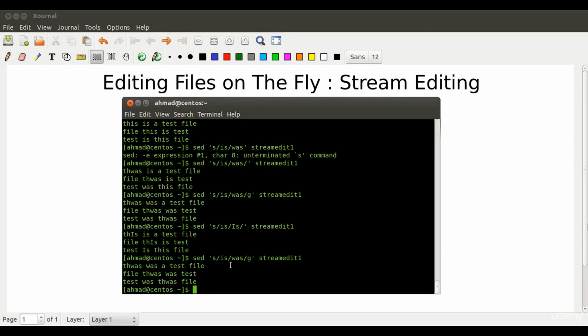And specifically what I wanted to show you is the use of regular expressions. If this had not been replaced and we had to mention whether it's a small i or capital I that should get replaced, then we can use a small regular expression string like